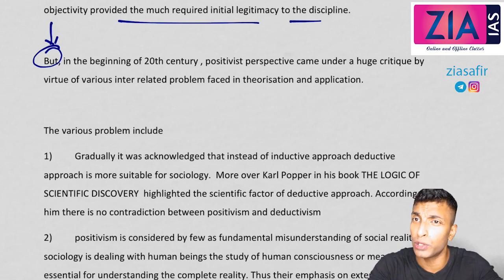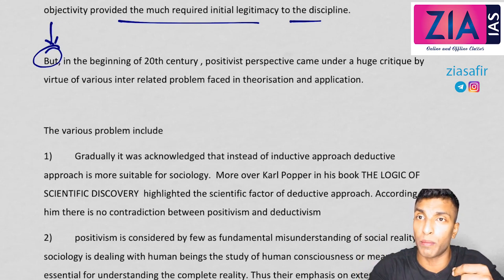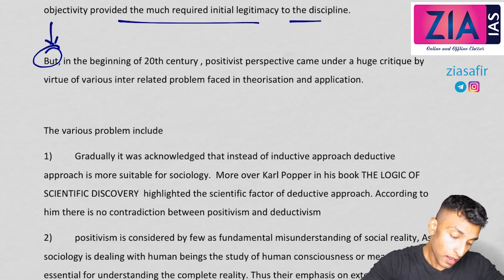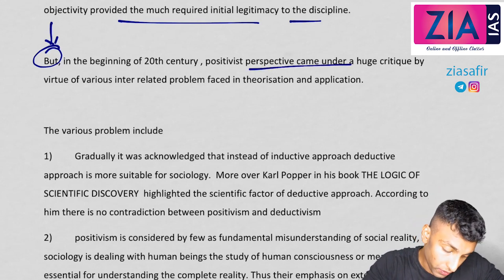It could be but, although, on the other hand. These are the structure words, very important words. Seeing the structure word itself, you will understand this content is going to be very important. And you can remember this and use it in comprehension also. When you're reading The Hindu newspaper editorial also, as soon as you see the structure word, just keep on underlining that. That is going to be very important information.